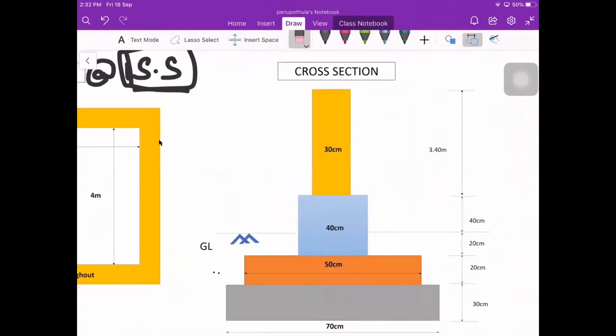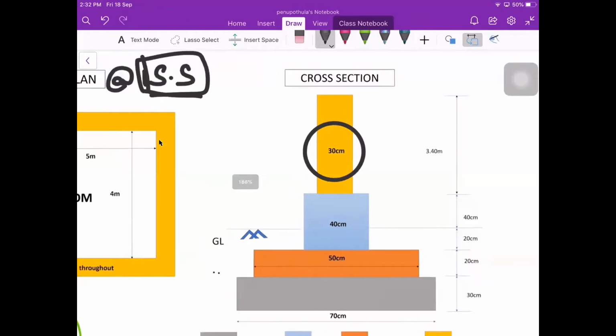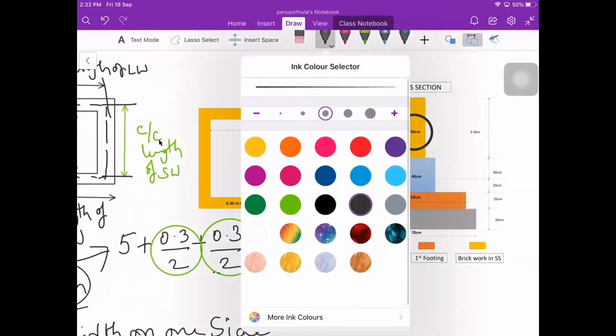Can someone state it? Superstructure is above ground level. So this is the portion, and this is the level of superstructure. Whatever we see in the plan is superstructure level. Remember, you can write down a note there: whatever we look into in the general plan, we look at the plan of the superstructure. Whatever there is in the superstructure, that is what we are going to realize. So here we are doing it at the superstructure level.